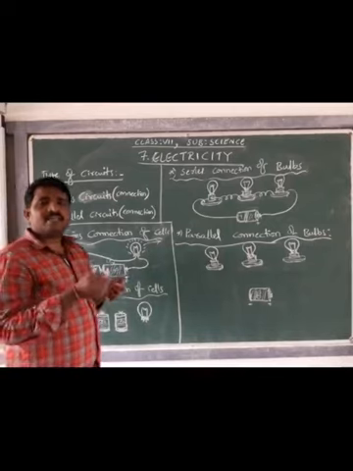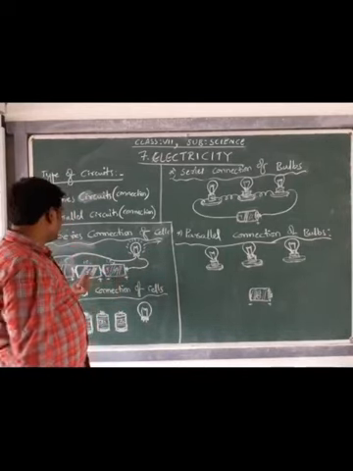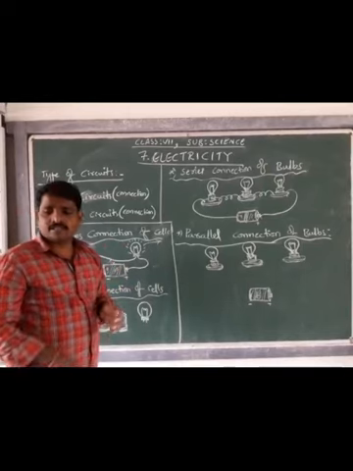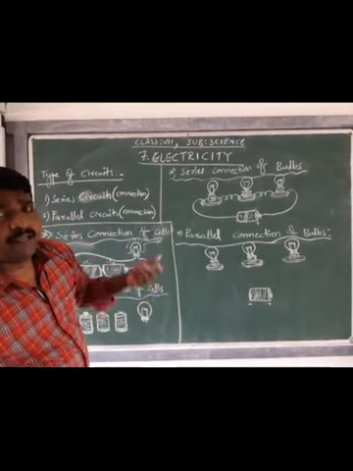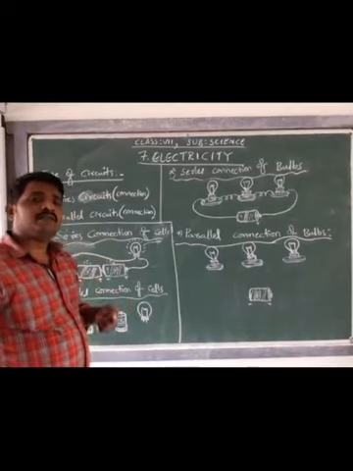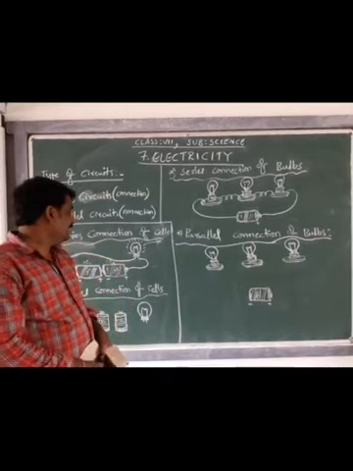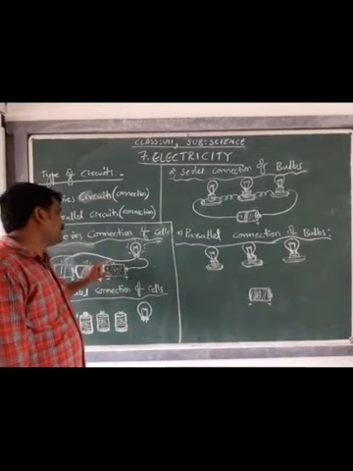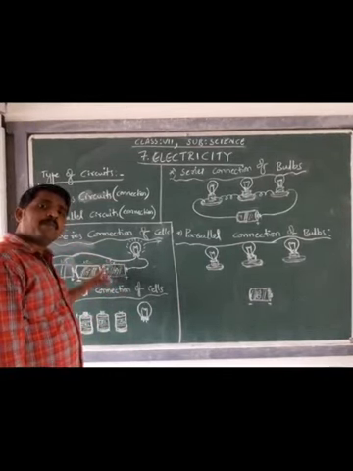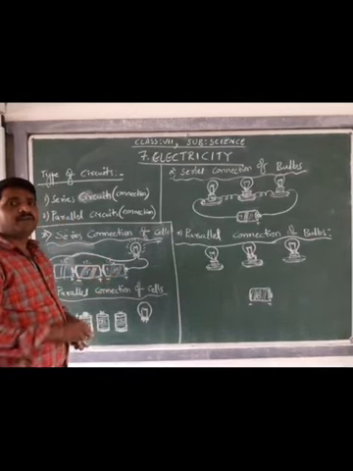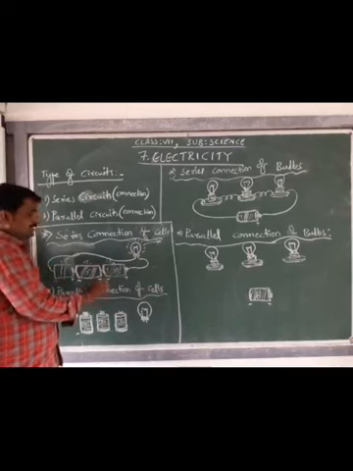Usually in torchlights, toys, or the remote control, all the batteries or cells are connected in series in order to give the maximum voltage, so that the sum of the voltages of those cells is supplied.